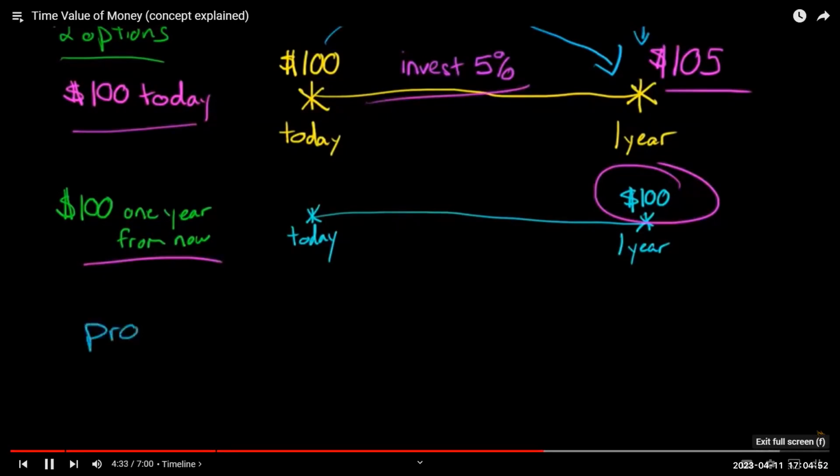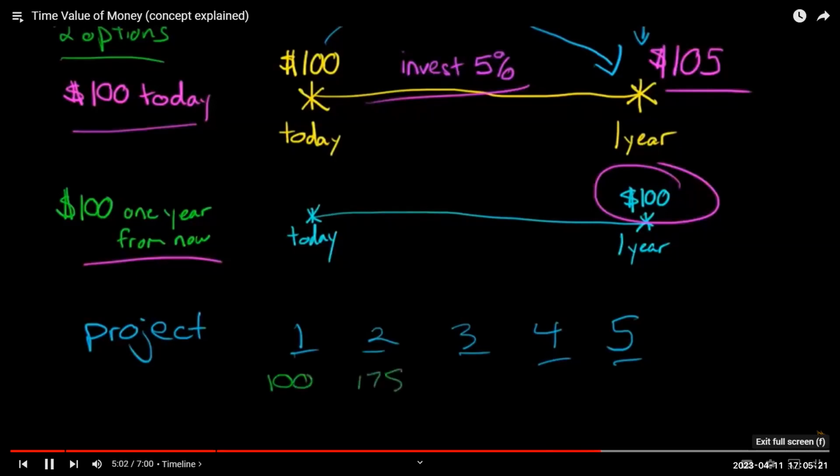But let's say we've got some project that the firm is thinking about. You might say, okay, we're going to buy this machine, and it would generate cash flows over a period of, let's say, 5 years. So you can look at these different years, year 1, 2, 3, 4, 5, and say we estimate that in year 1, if we get this machine, we're going to have $100 in cash flow. In year 2, 175. Year 3, 200. Year 4, 300, and then let's say in the last year it generates 50.